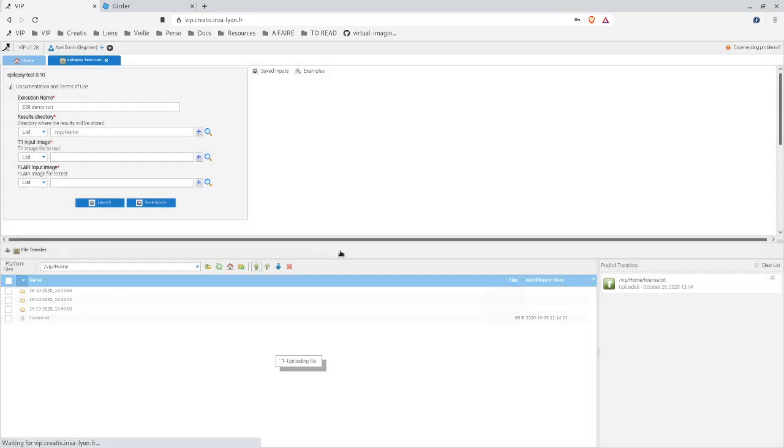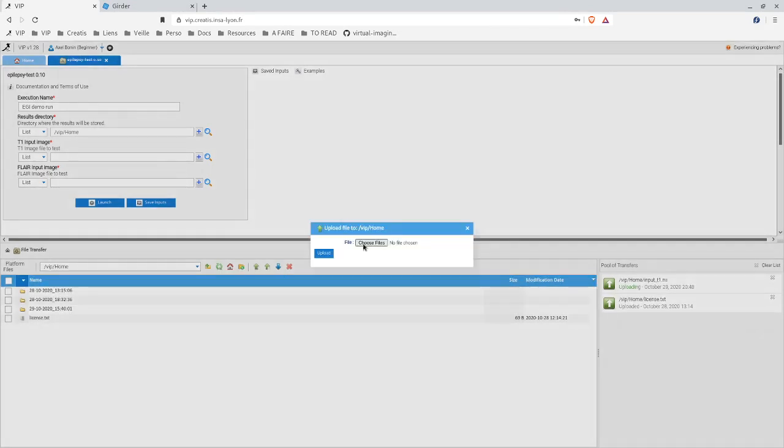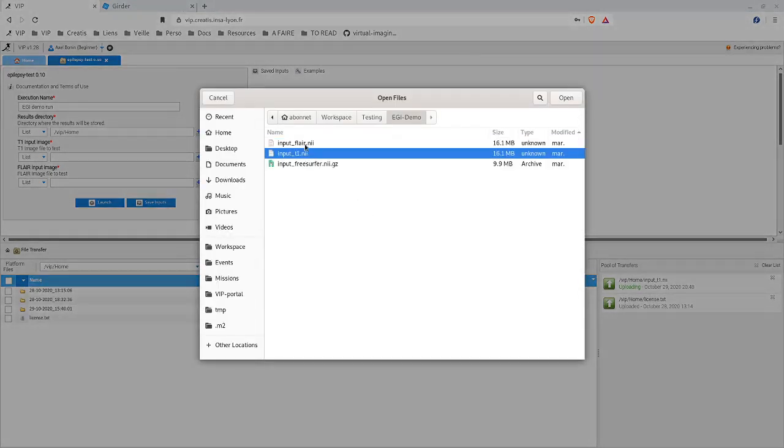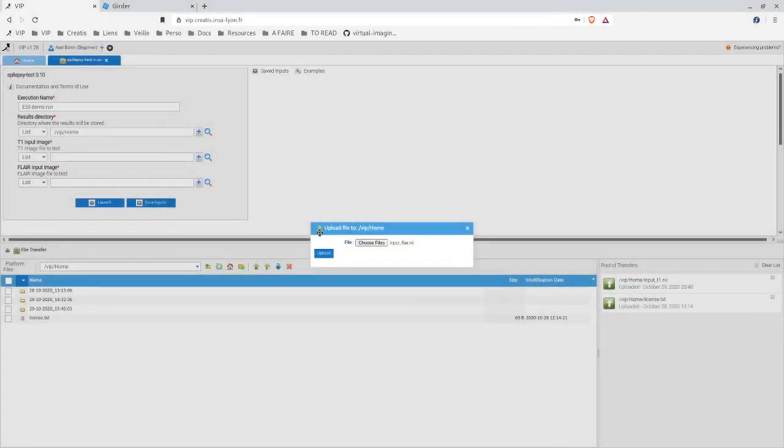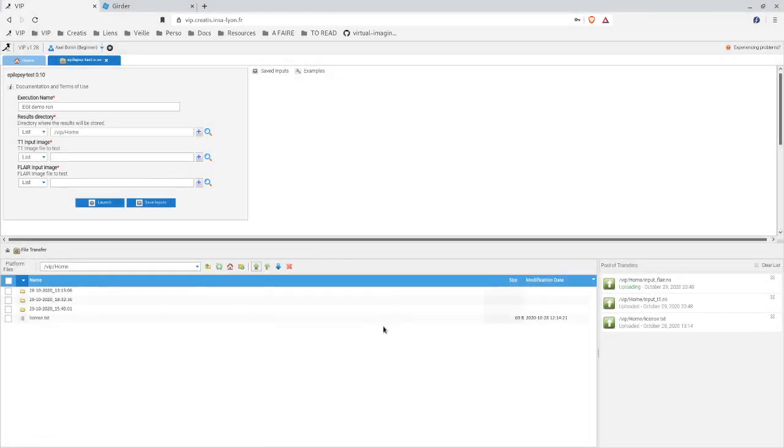Okay, first one, the second one. Okay, I can refresh this browser to verify that the transfers are successful. So the two files are on VIP.